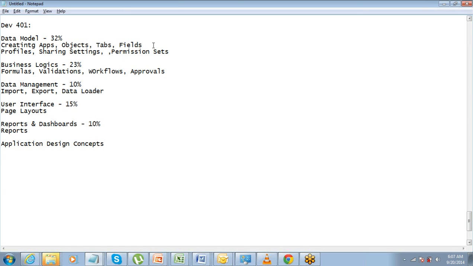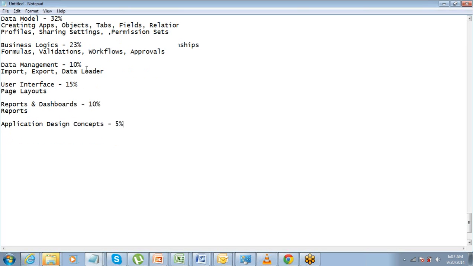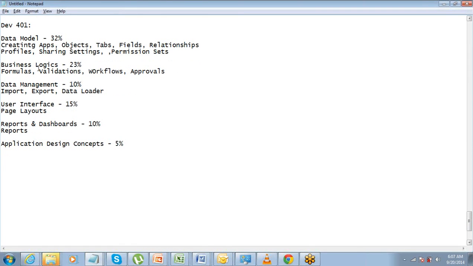Here when I talk about fields, relationships are also here. 5% is on application design concepts. So 95%, and the remaining 5% might be in some other place, I guess. That is how it is actually. This is the kind of breakup that you have for 401, right?